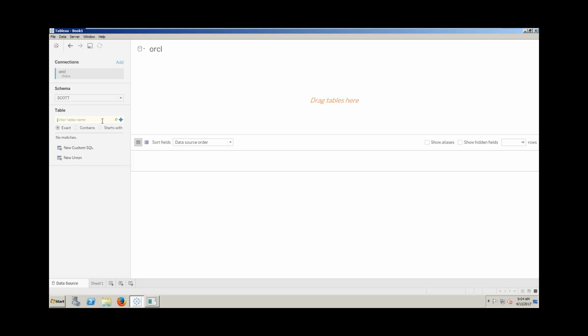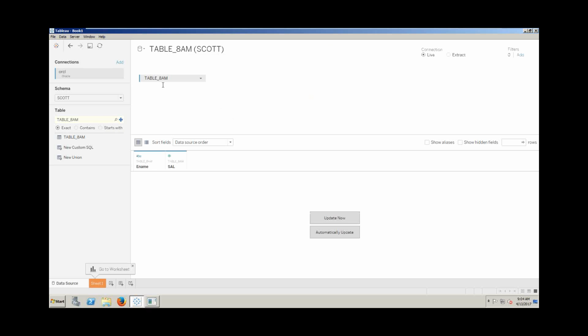Then what is your table name, sir? TABLE underscore 8 AM is the table name. Then there is an option called search. If you click on the search, you are able to see our table. If you have, let us say, thousands of tables, then only you need to go for the search. If it is 1 or 2 tables, then I can access it directly. Okay. If you try to select this one,